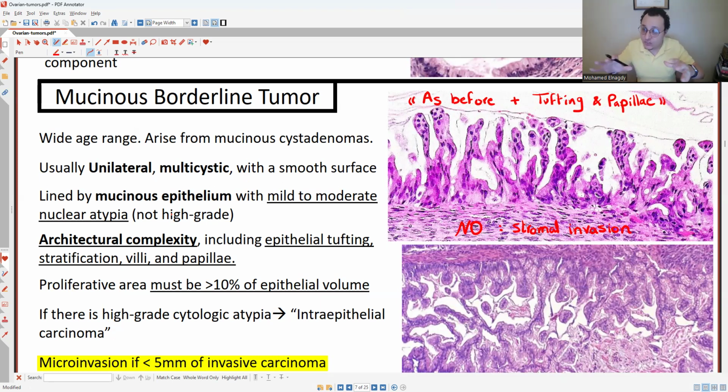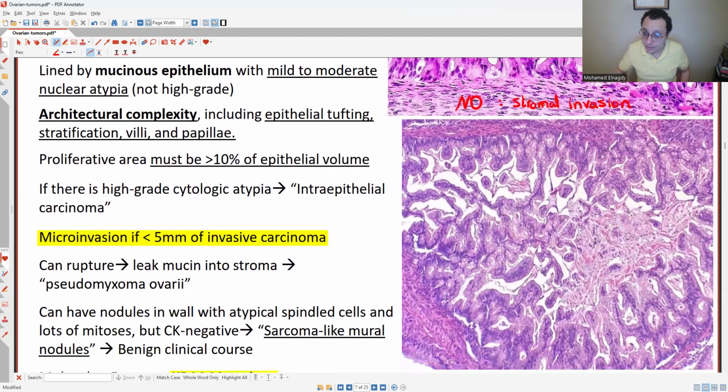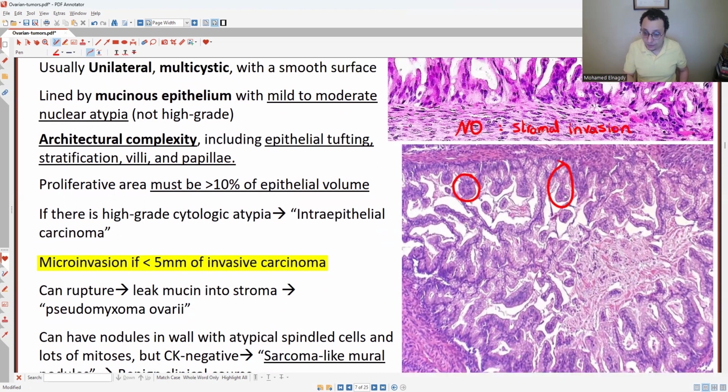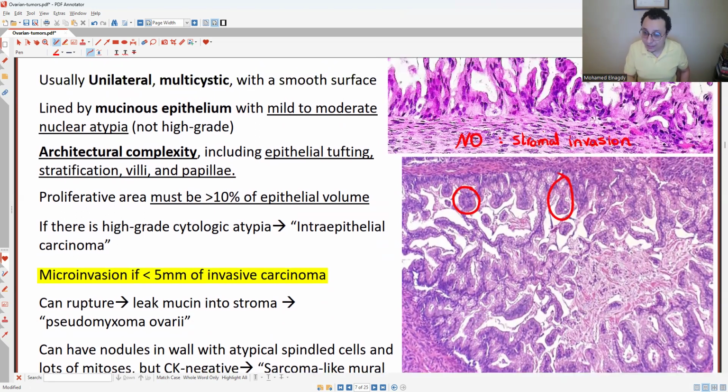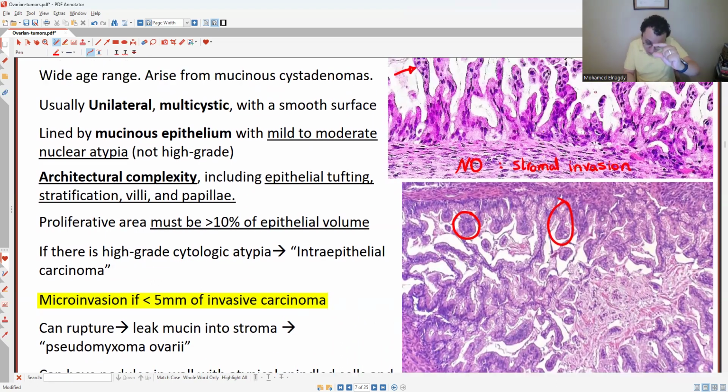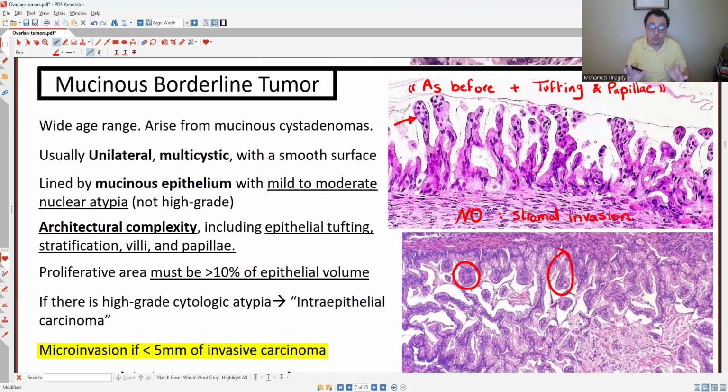However, there is extensive epithelial proliferation to the point that you see tufting, like these finger-like tufts, or you might see papillae, tree-like branching, but all mucinous. All the lining shows mucin on the top, like these mucin vacuoles. So this means that we're dealing with